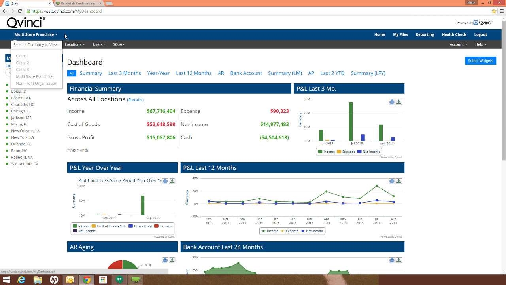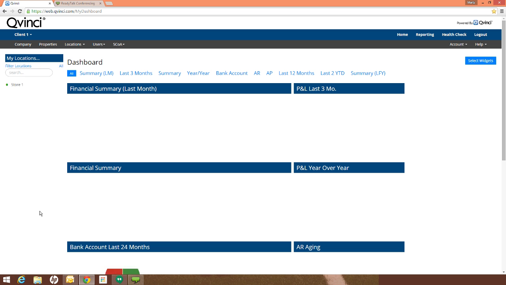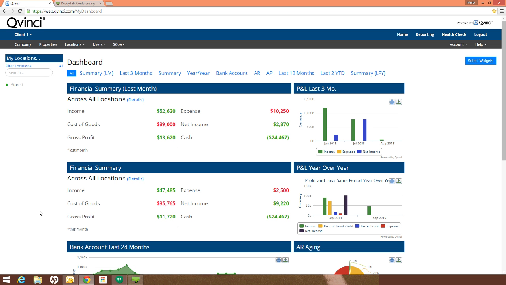Keep in mind, I'm logged in as an admin to be able to go from one client to the other. Now, when your clients log in, they only see their own specific data. They do not have access to see anybody else who is associated with your account. So I can go right now, I'm associating this with the multi-store franchise. Maybe I need to go over to client 1, and I can quickly maneuver and go over without having to log out or log back in. This is a client that just has a single location. Here's their information. I want to go back to my other client,